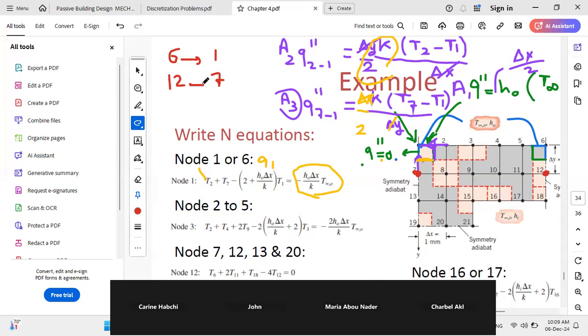And the equivalent of node 2 is node 5. So if I have 2 for cell 1, it is equivalent to node 5 for cell 6. Now I can deduce that the equation for cell 6 will be, replacing T2 by T5, T5 plus T12 instead of 7,